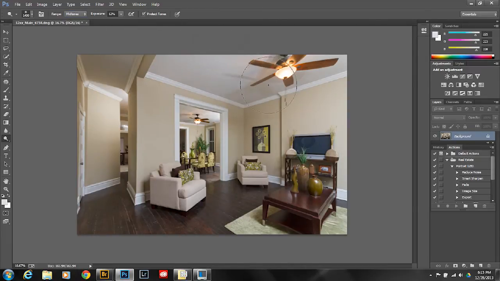Then we're going to go to midtones. Again, I'm blowing out the ceiling. It's not so necessary on this one because this is a nice looking ceiling, but in a house that has very rough, a lot of plaster, ripples and things, if you blow it out, it really just doesn't show. So that's the midtones. I'm normally going to then complete with the sponge tool, saturate, where I do shamelessly